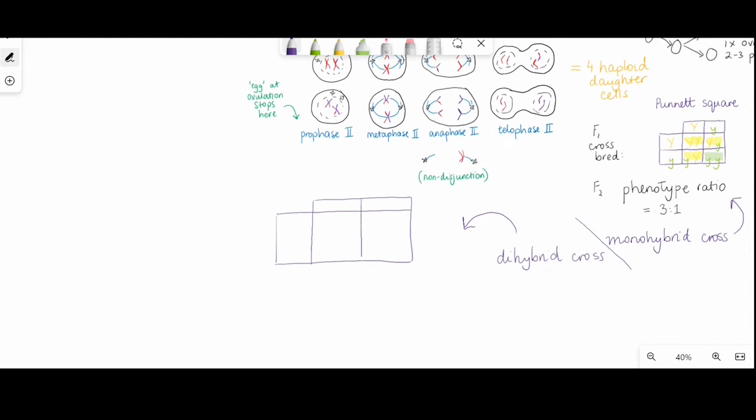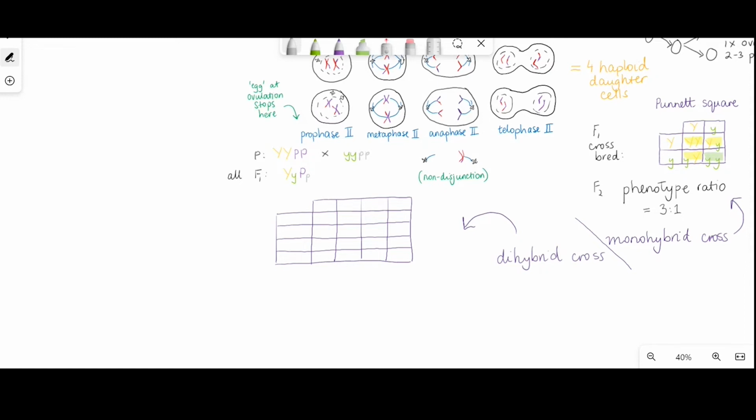And let's say we've got a pure breeding homozygous parent pea plant that's got yellow seeds and purple flowers. And another plant, pure breeding homozygous, but it's got green seeds and white flowers this time. So we would cross them together, and the F1 generation, that's going to be heterozygous for both. And then the F1 generation, we can breed them amongst themselves and see what happens